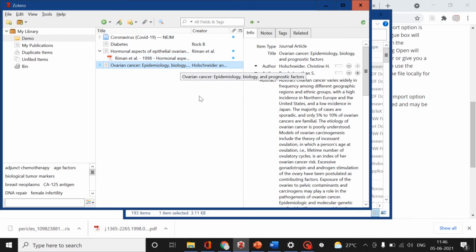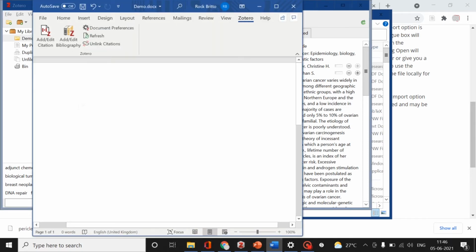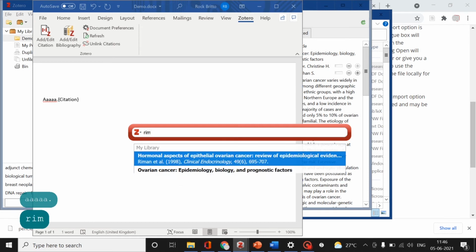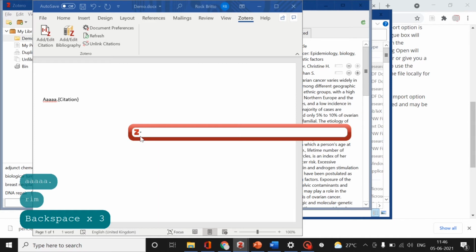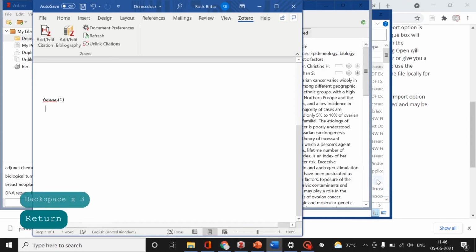We have done that. Now we are going to cite and use this referencing. This is the Word document which I am using. So I am just typing some sentence and add citation. Either I can type the name of the author here and get that directly, or I can click here and go on to the classical view again and click on the data which I want. So if I click here, the numbering will appear here.